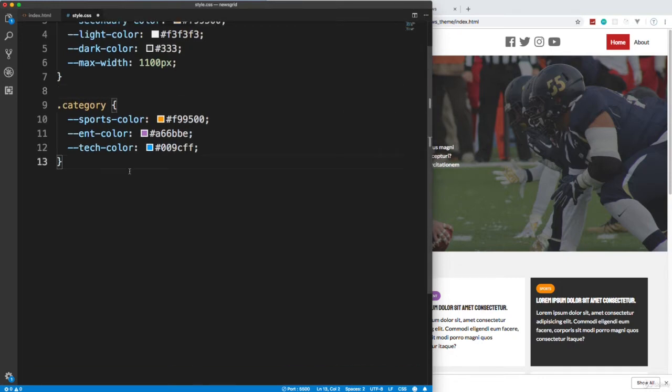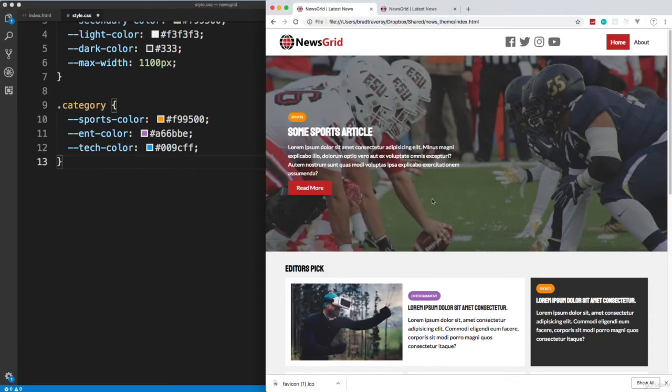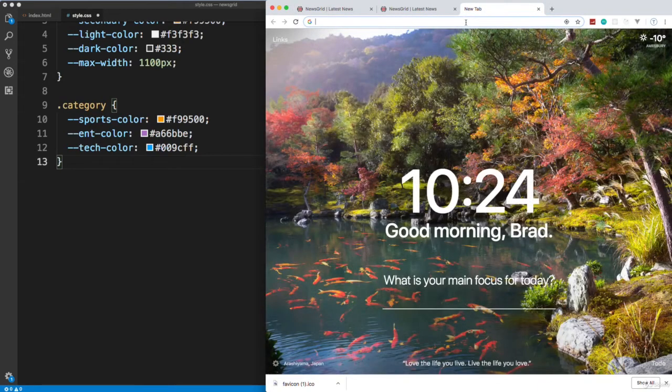So let's move on to our core styling. Now, as far as fonts, we're using the Lato font for the standard text, all the paragraphs and stuff. But for the headings, I'm using a font called Staatliches. So we're going to get these from Google Fonts. So let's go to